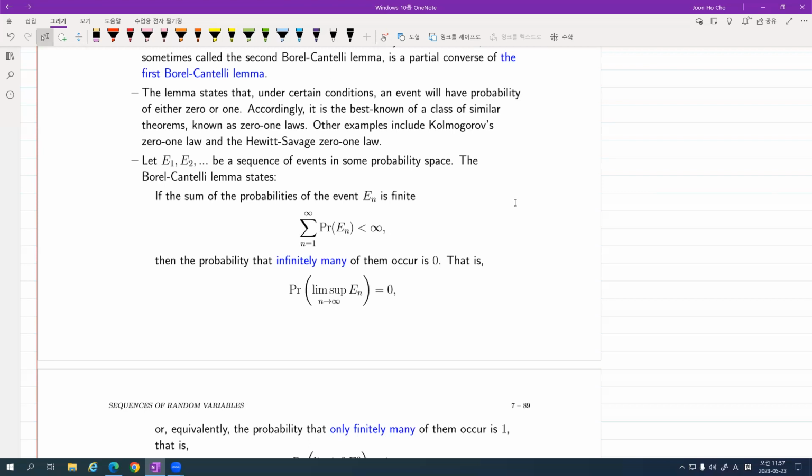And here goes the first Borel-Cantelli lemma. Let E1, E2, dot, dot, dot be a sequence of events. Now you understand what a sequence of subsets of real numbers is, and also you have a vague idea of a sequence of events, right? No problem. Given a sequence of events, the Borel-Cantelli lemma says that if, okay, so this is a lemma, not a definition. If